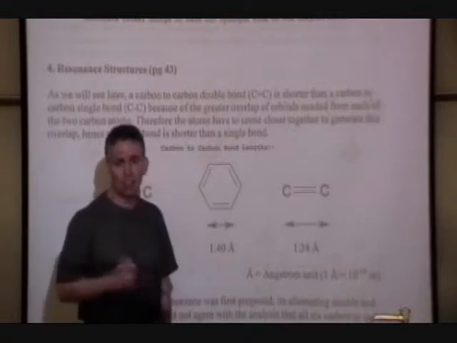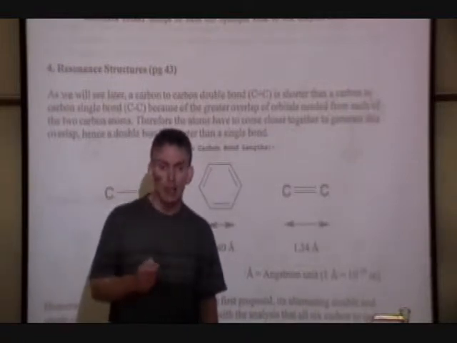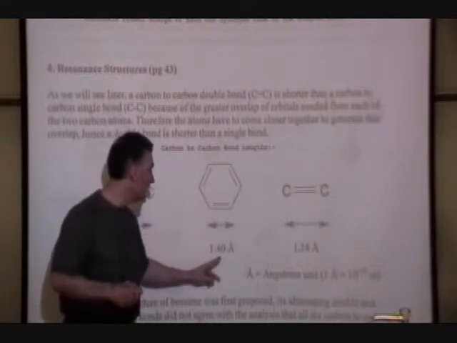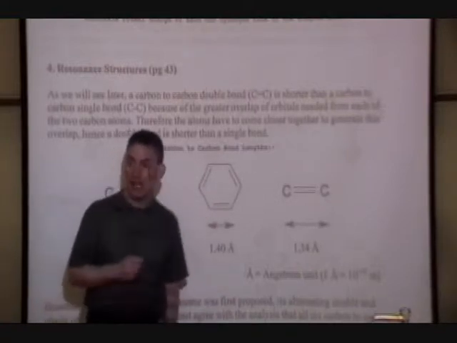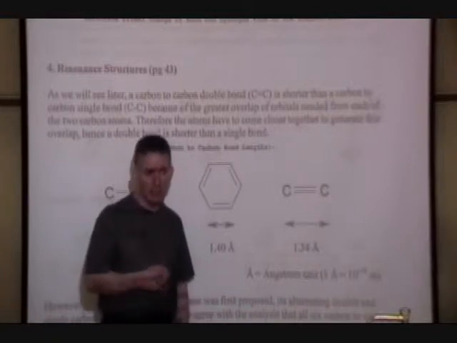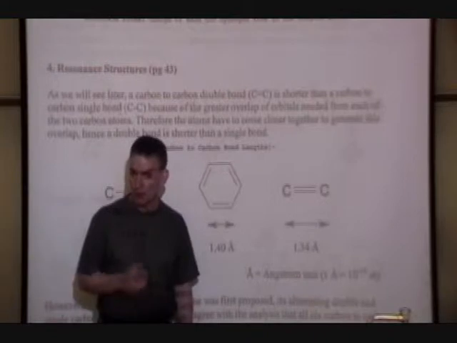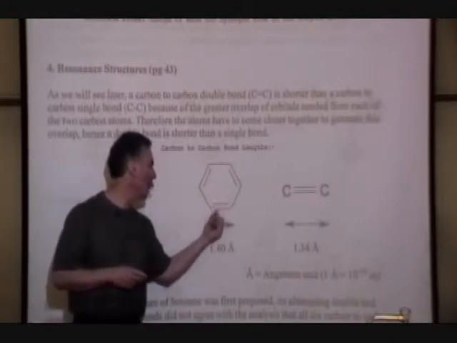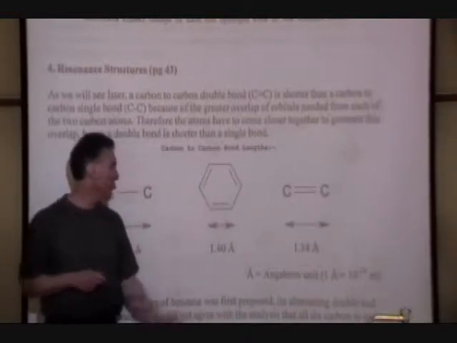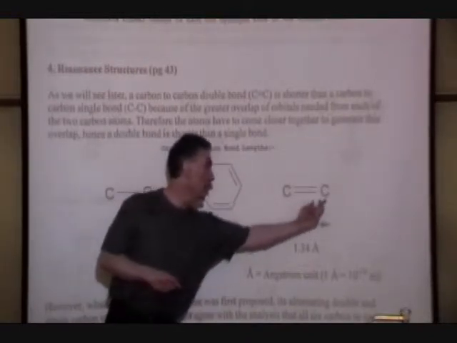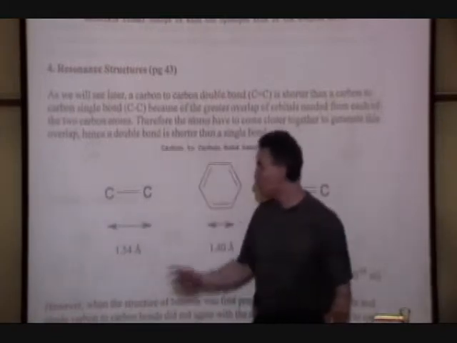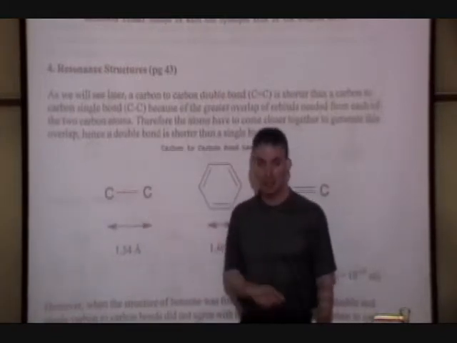Other information we've got since shows that the carbon-to-carbon bonds in benzene are all exactly equal at 1.4 angstroms. An angstrom is about 10 to the minus 10 of a meter, so it's a relatively small distance, although fairly common for a carbon-to-carbon bond. But that distance is longer than a true alkene carbon-to-carbon bond, but shorter than a true carbon-to-carbon single bond.